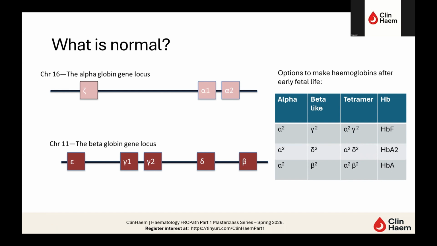That's why it's HbA. So, as you can see, alpha is the only option for alpha-like chains, and for beta, you can either have gamma, delta, or beta chains and form the respective hemoglobin. But as you know, we have